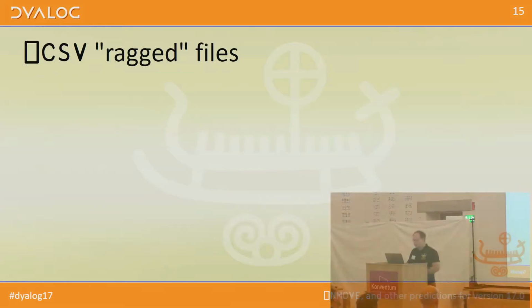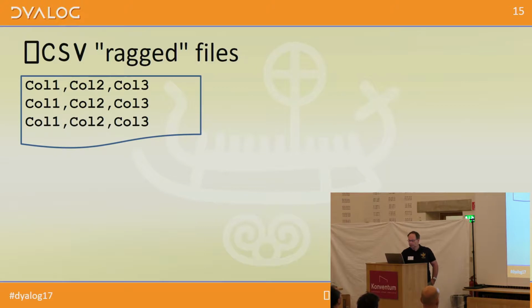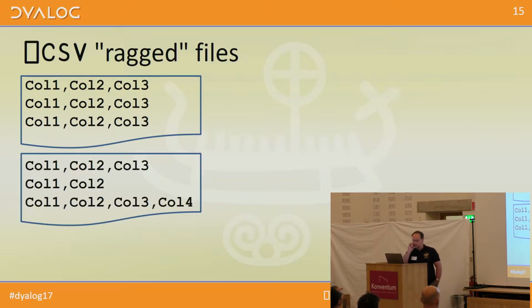and we will make sure that we add support for all of them. One more CSV thing, less important, but ragged file. So that's not a ragged file. This one is. The first one has got an even same number of columns on every line. The second one has got an uneven number, and we kind of assume that if there are too few, you've got commas at the end to give some empty fields. And that is supported, that's absolutely fine.